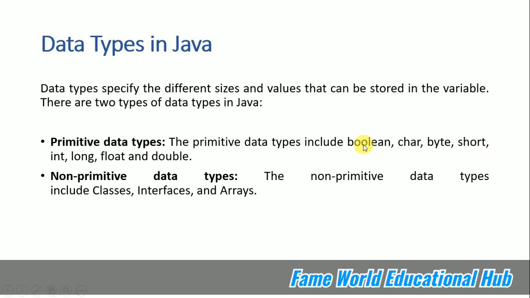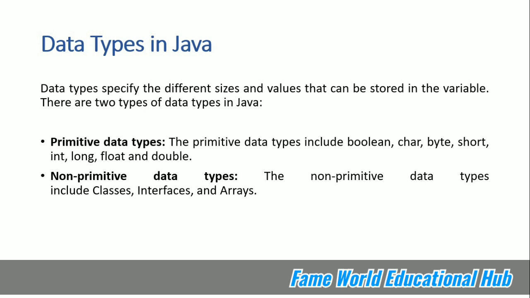In today's lecture, I am going to discuss data types in Java. When we are talking about Java, which is a programming language, there are different data types. In every programming language, there is a different set of data types, and a data type is basically the type of data which we are going to use in our program. A data type specifies the different sizes and values that can be stored in a variable. And there are two different data types in Java. The first one is the primitive data type and the other one is the non-primitive data type.